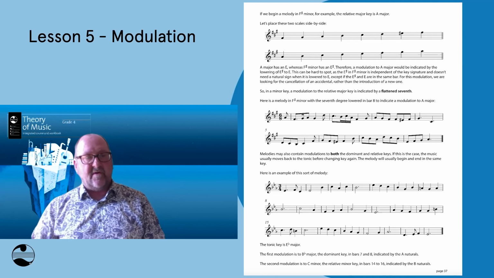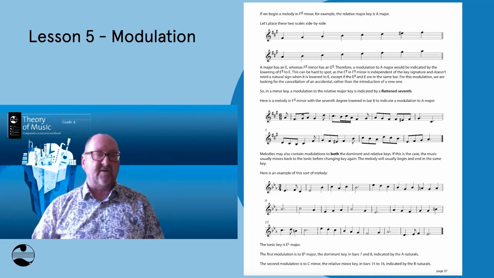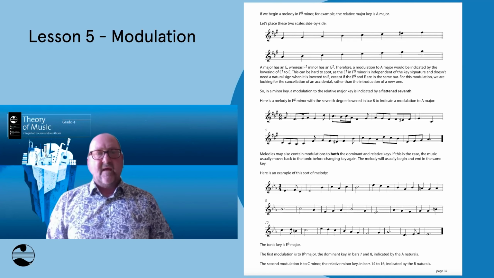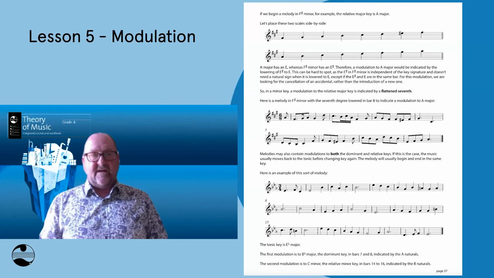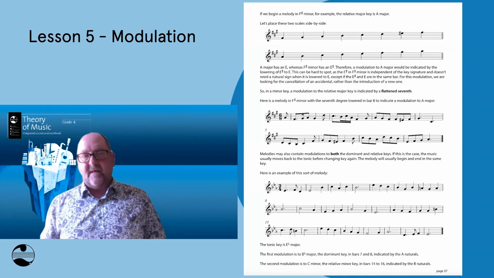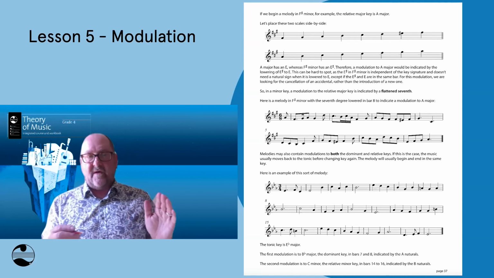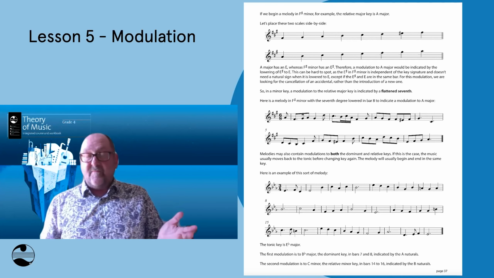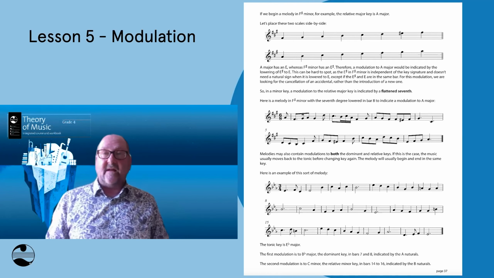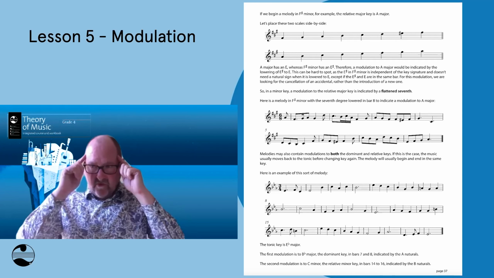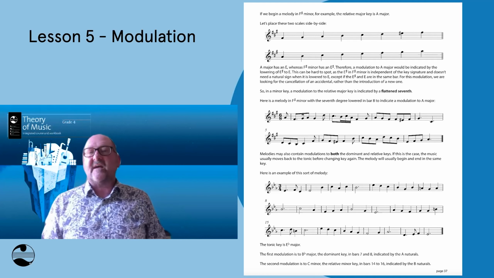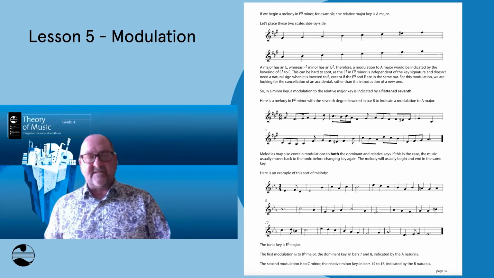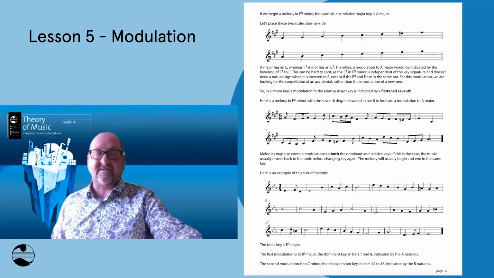And I've got an example here in the middle of the page. I don't know if you can all see it. This is a melody in F sharp minor, and what we're looking for is a modulation to A major. If you go into the second line, I said before what we're looking for is a sharpened leading note. So automatically you think, okay, I'm looking for a sharp. But in this case, we're not looking for a sharp. We're looking for a natural. But because of the key signature of F sharp minor,